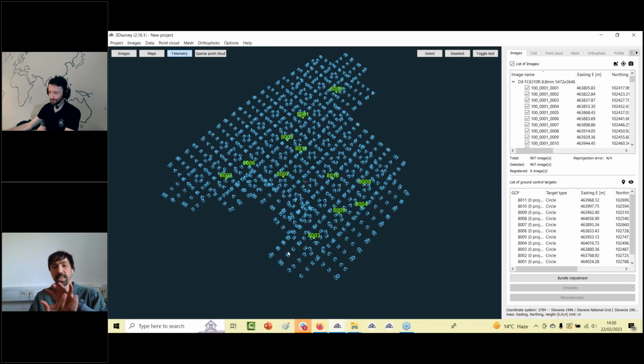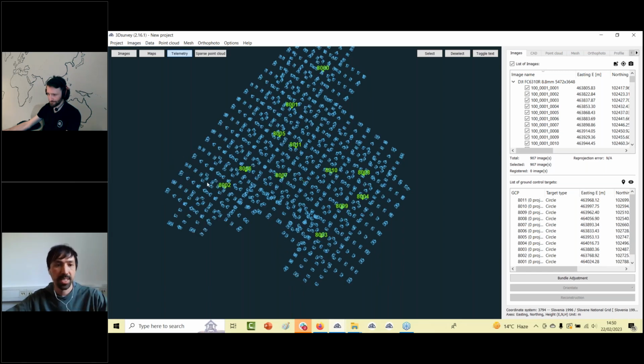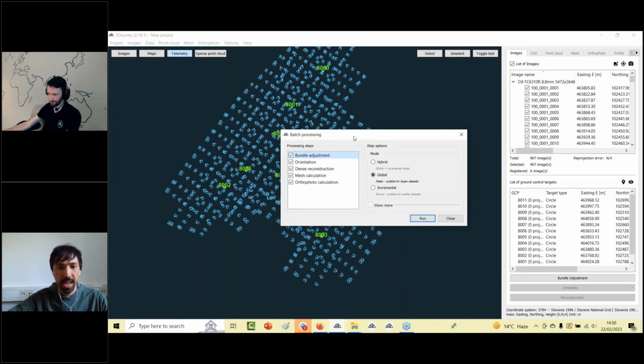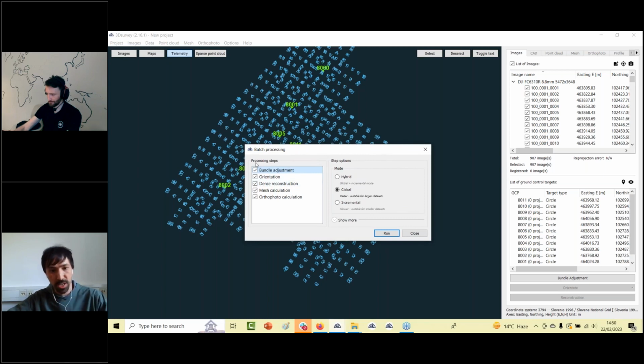So you need to have it like this way. If you have cameras here and ground control points 100 meters away, then this is not working. Then something's wrong with the coordinate system or anything like that. But if you preset everything correctly, then you can go to project, click on batch processing, and now here you see